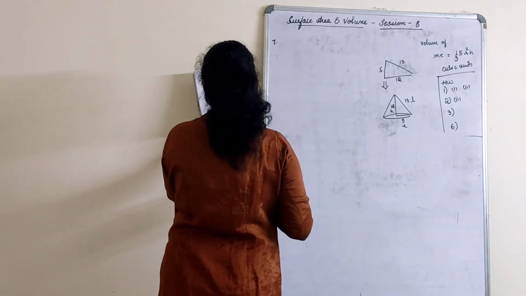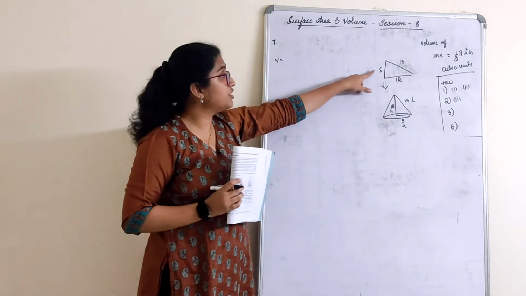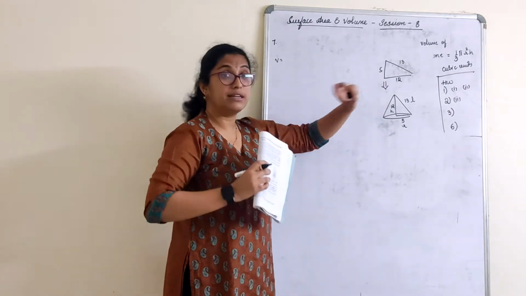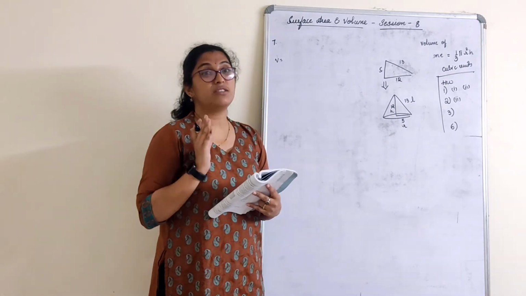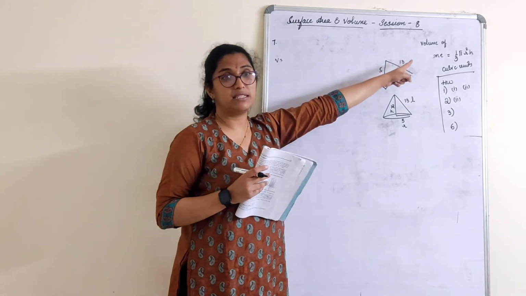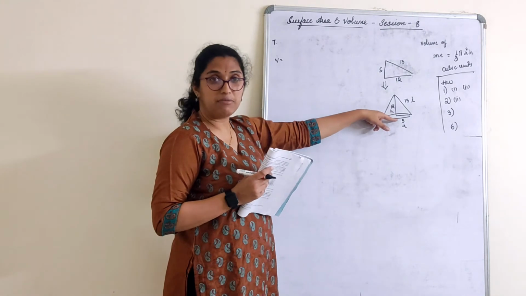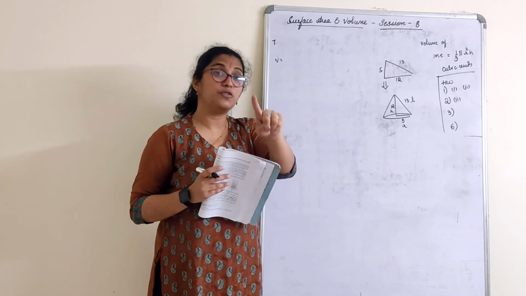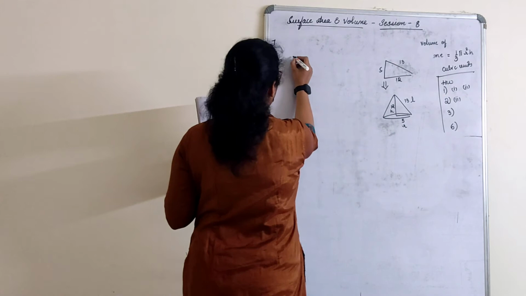Let's see what we want. Find the volume. See, the question is very simple, but after drawing this, if you mark this 12 and this 5 wrongly, it is wrong because they have told it is revolved on 12. So when it is revolved on 12, you should know which is the height and which is radius. Only height and radius will exchange here, but the hypotenuse will remain the same. Initially I had written 12 here and 5 here. Coincidentally, it came the same, but that need not happen. It depends on which side you roll actually. So you will only understand if you have a paper triangle in your hand and you roll it.